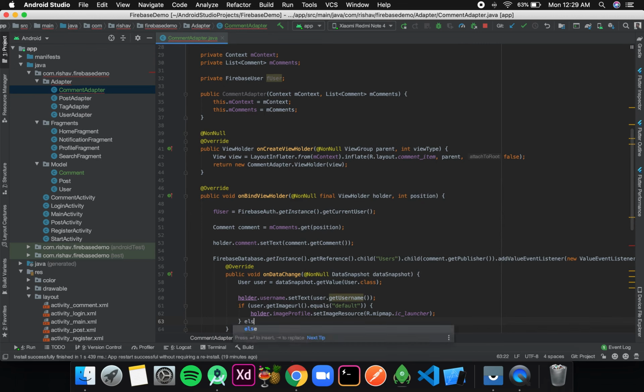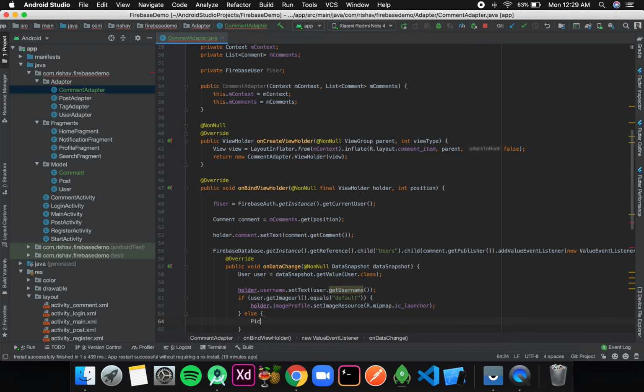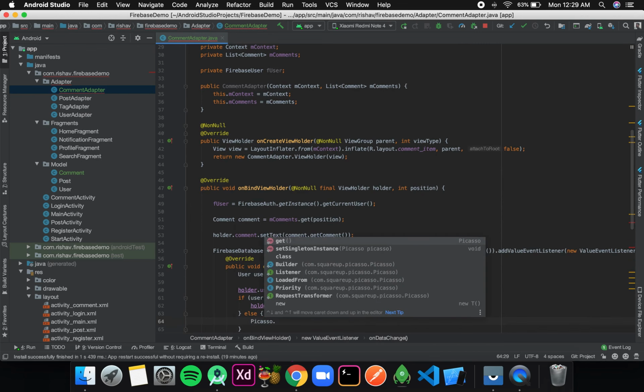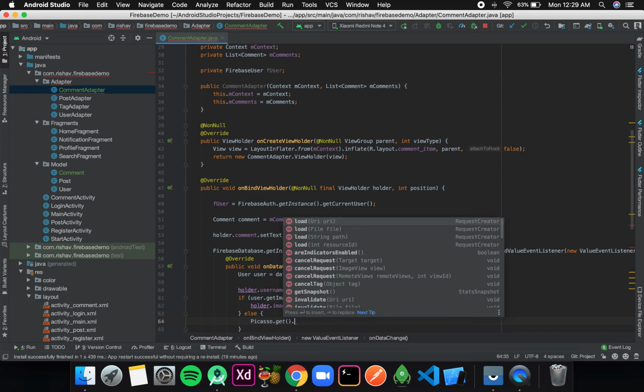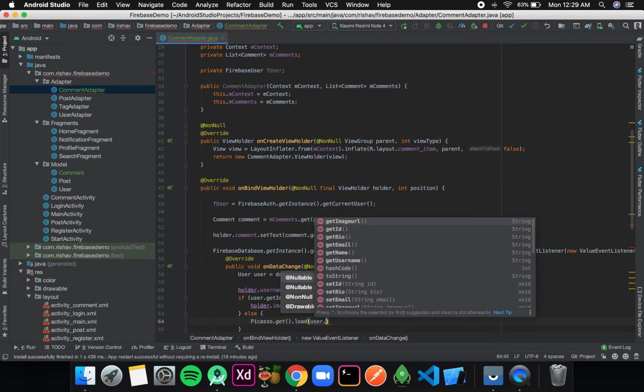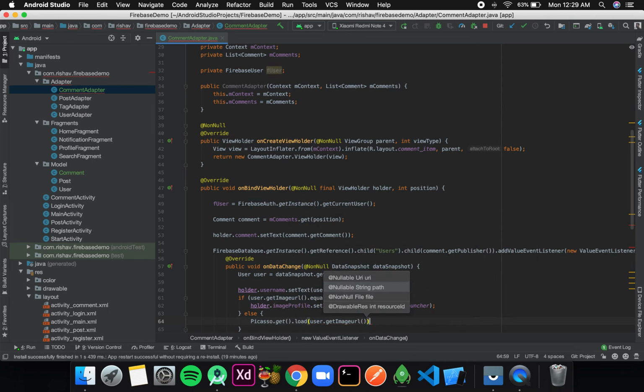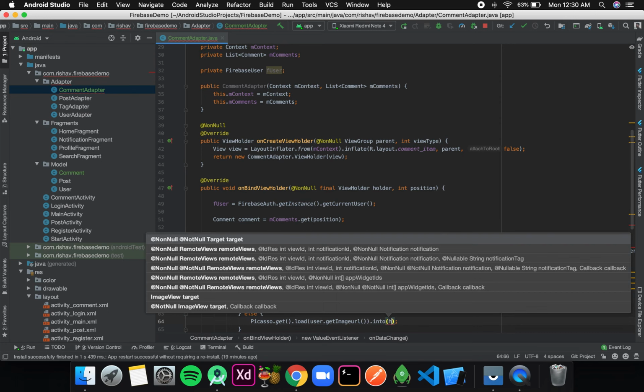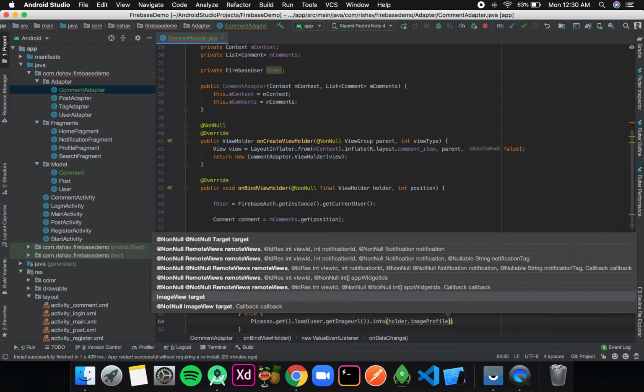Okay, else Picasso.get().load(user.getImageurl()).into(holder.imageProfile).